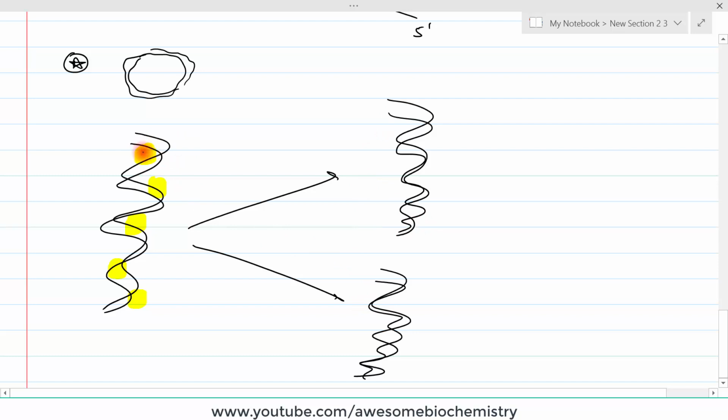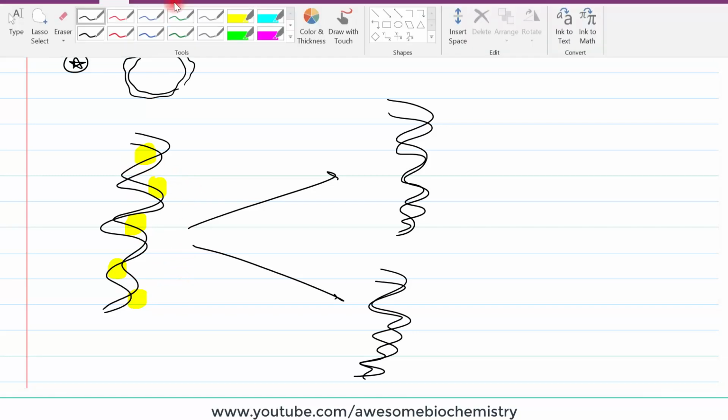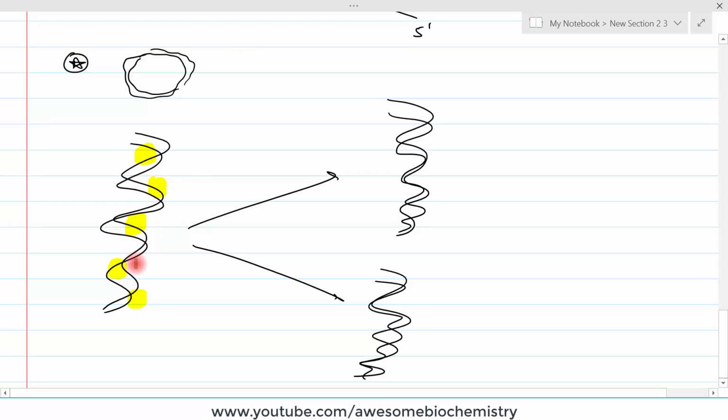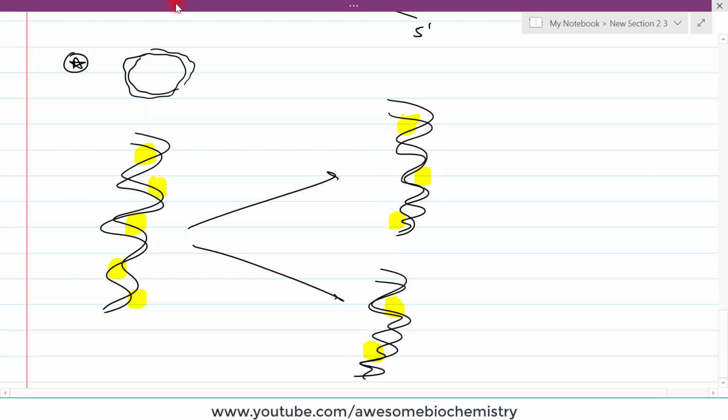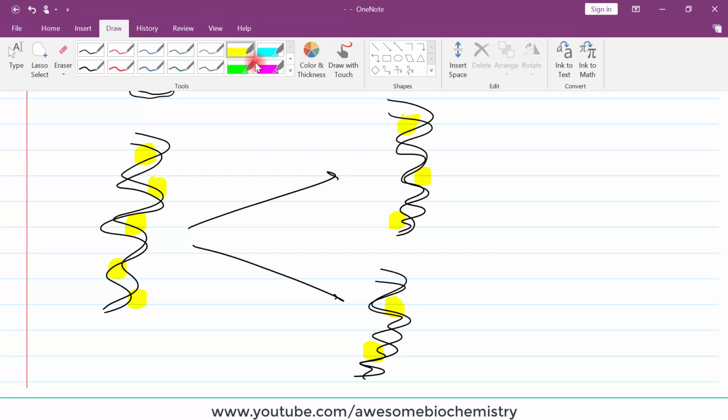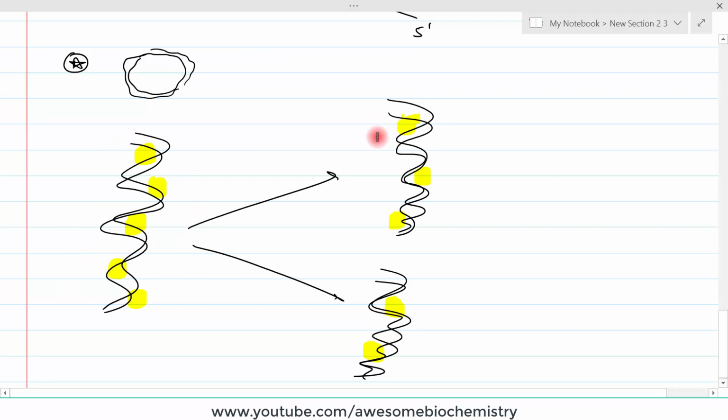So what happens in the parent DNA? Let's say it has these 5 different histone proteins. These 5 histone proteins are randomly distributed among these 2 daughter DNA. So suppose 3 histones come to daughter 1 and the remaining 2 histones come to daughter 2. So all histones of the parent DNA are randomly distributed among the daughter DNA, and the remaining histones are newly synthesized. This different color is for the remaining histones which are newly synthesized for that respective daughter DNA.